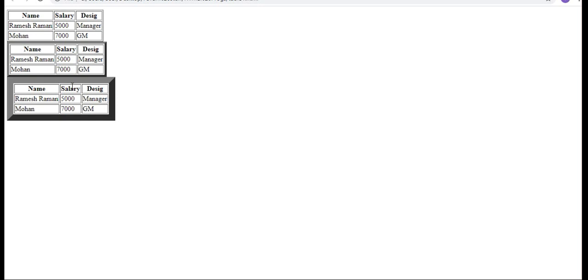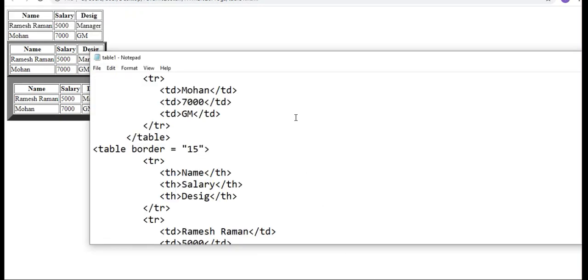Just check it out. Is it okay? Any doubts in this, how to create a table?